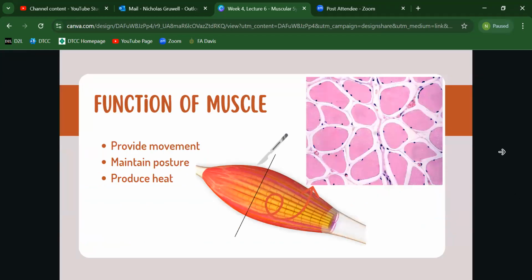All right, so of course, our muscles provide movement for us. They also maintain our posture, even if we're not actually thinking about using our muscles. If you're standing or sitting up tall, then your muscles are on to some degree to make sure that you can stay in a good posture and supported. So we usually term that as muscle tone. That's what helps